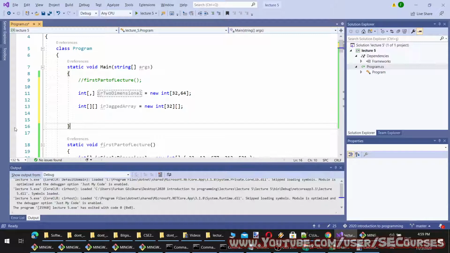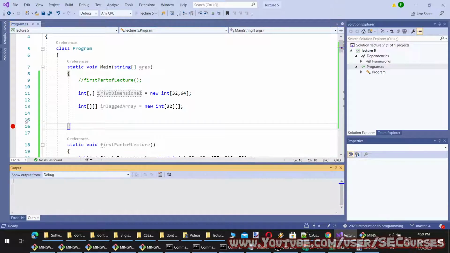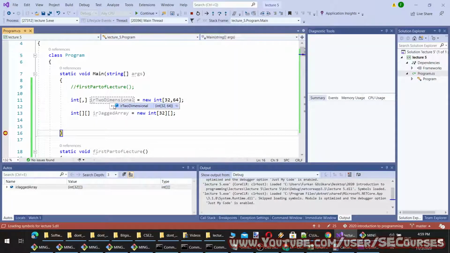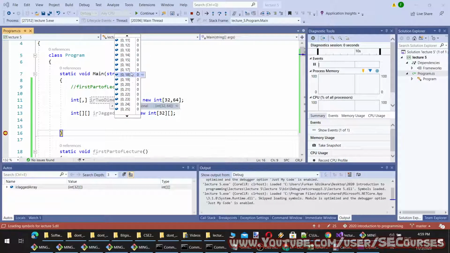Okay, so when I run the application with a breakpoint, so that I can look at their values, the two-dimensional array is initialized like this. You see the first dimension and the other dimensions, and the second dimension and the other dimension. Okay, you see. So this is a matrix actually.